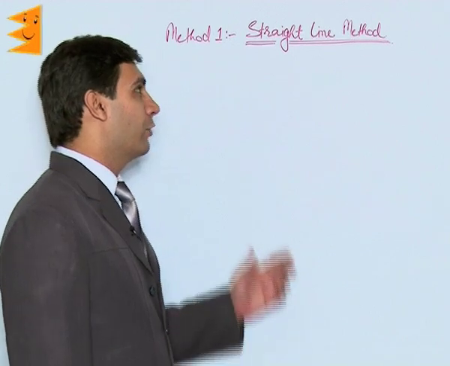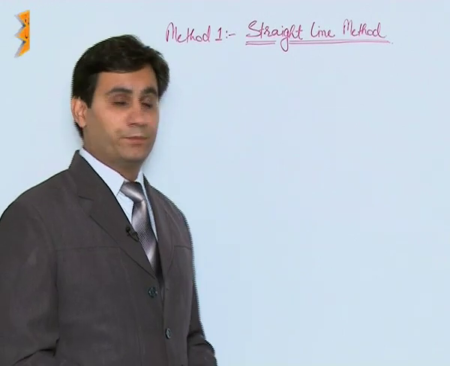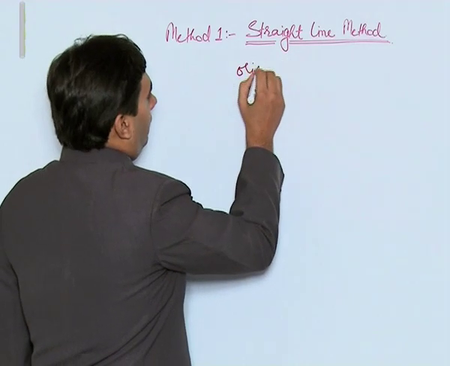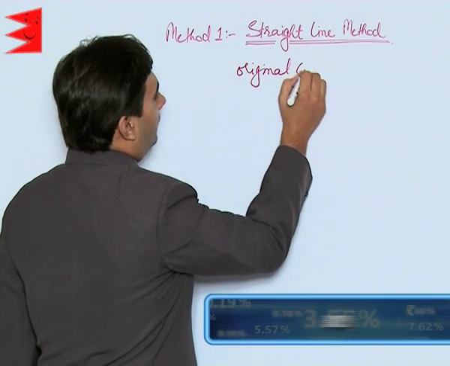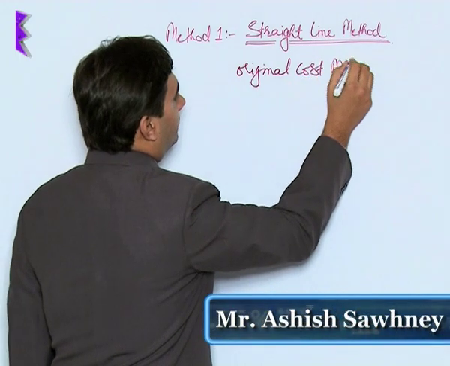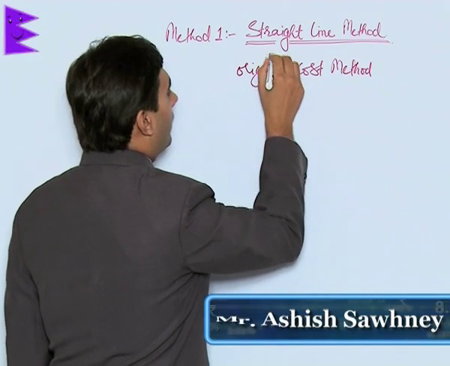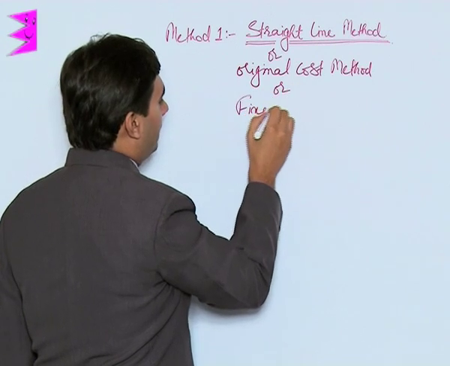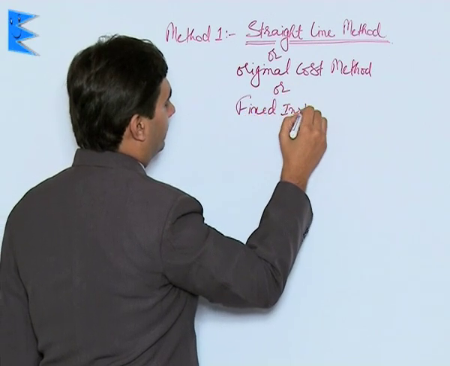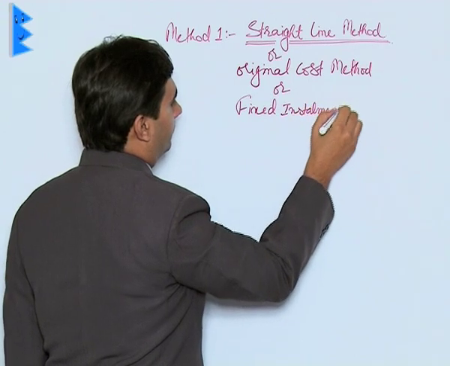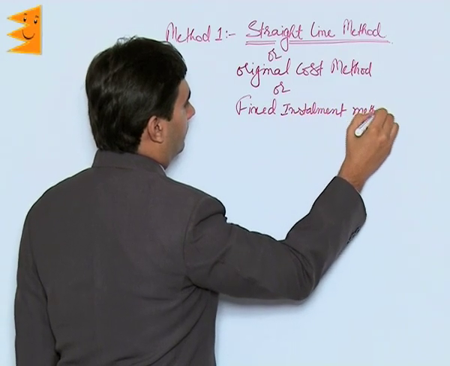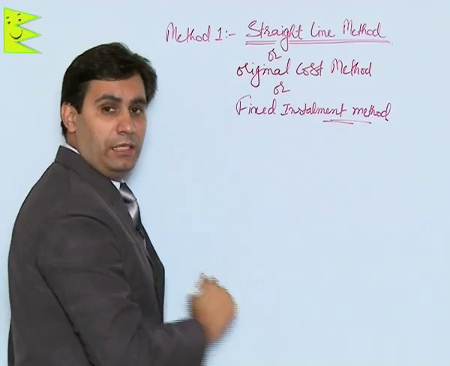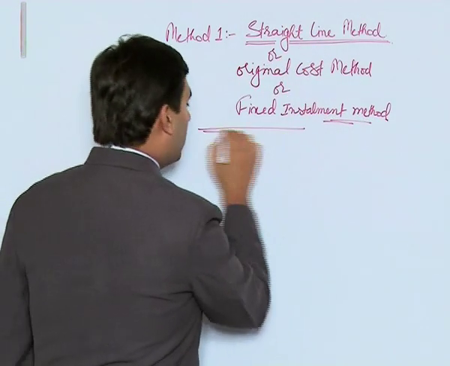The first method that we are going to study is the straight line method. Now students, it is also referred to as the original cost method, and sometimes it is also referred to as the fixed installment method. All these names are for the straight line method. Now, under this method,